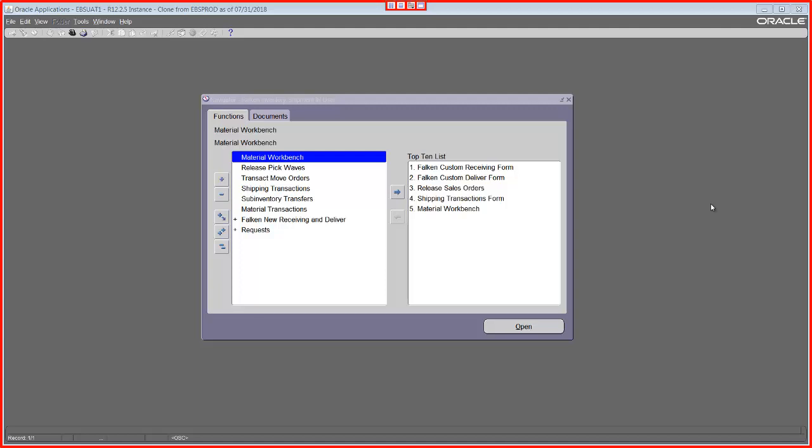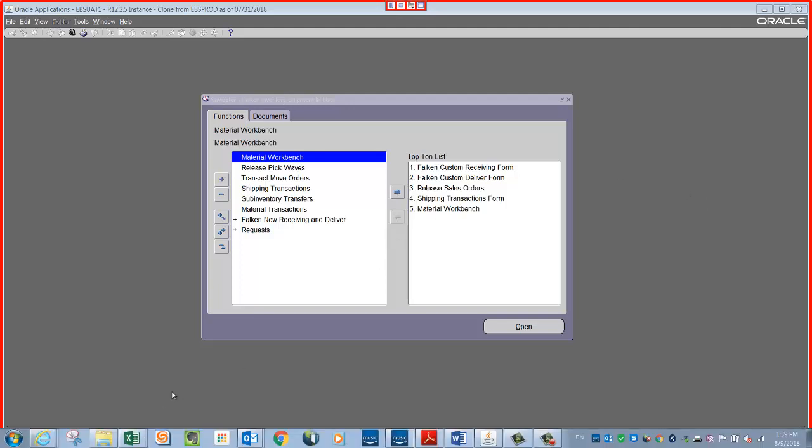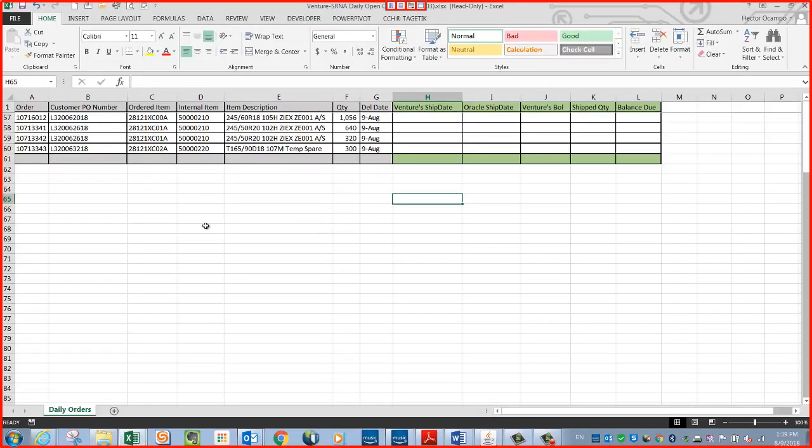Hello and welcome to this training, which will be reviewing the steps on how to ship an order in the Oracle system and how to split a line or ship a partial quantity of an order. Everything starts with the information that you get from customer service as it relates to what orders have to be shipped. For the purpose of this training, we'll look at this example on the first line, order number